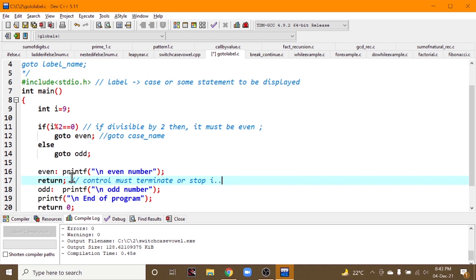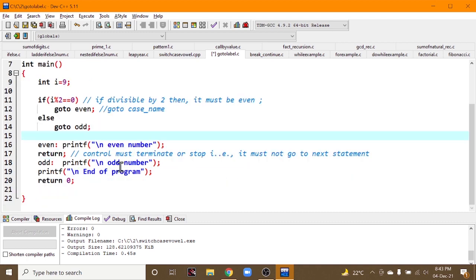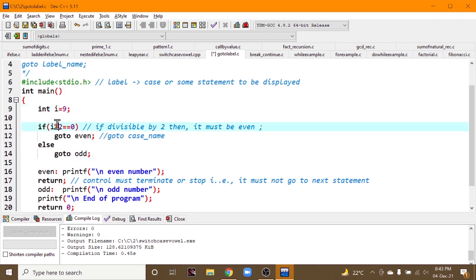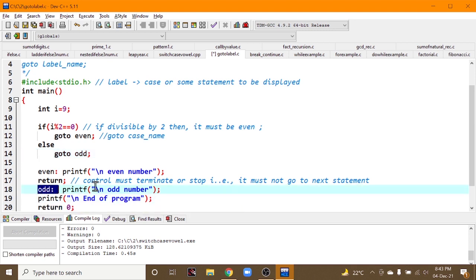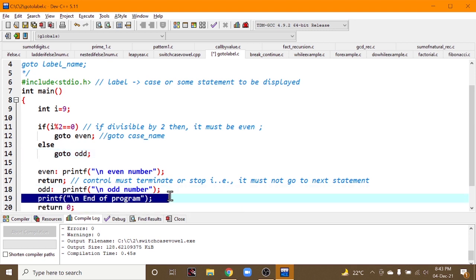That is, it must not go to the next statement. Okay, that is the use of this return. And I have specified here 9, so the output will be what? Go to even will not happen, and you have an odd number, and the printf is end of program.